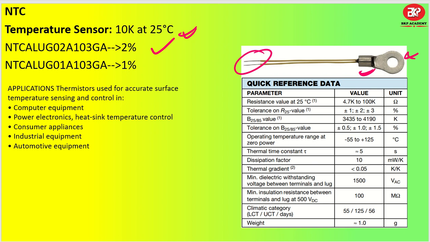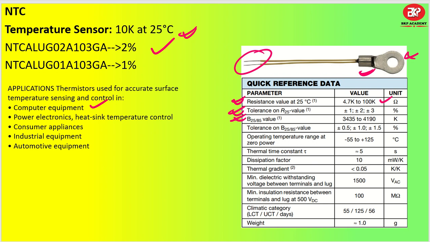Got it? So the temperature ranges are based on the resistance values, and these resistance values, you can see, go from 4.7k to 100 kilo ohm, with a resistance tolerance of around plus or minus 1%, 2%, and 3%. It has a B value of 25 to 85, and all these parameters are there. I don't want you to get into these, but the thing is, where we can utilize this particular sensor